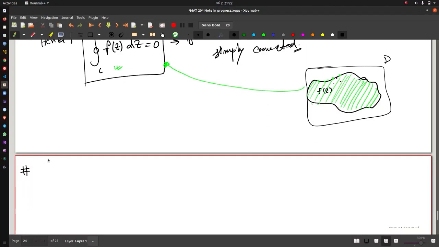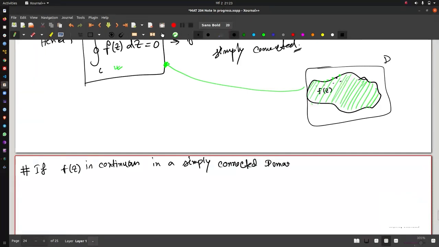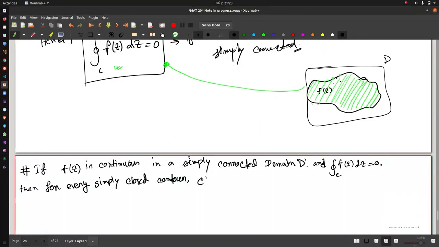One of them is that if f of z is continuous in a simply connected domain D, and if Cauchy's theorem is satisfied, that means f of z, our closed contour integral, is 0, then for every simply closed contour, let's call them C, lying in D,